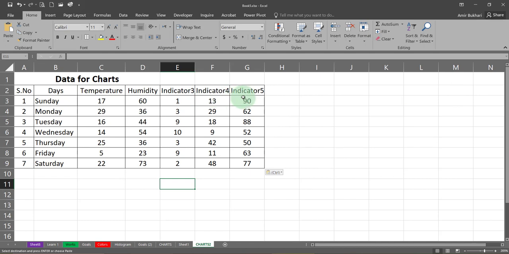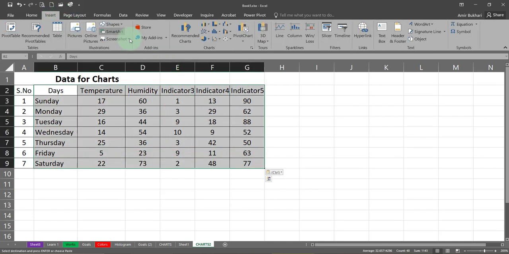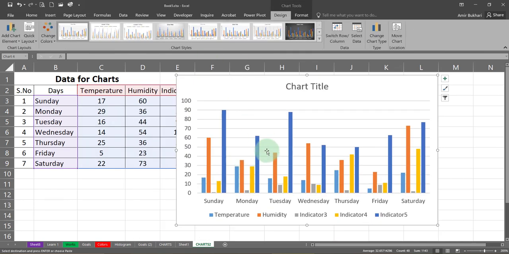Now for example, here we have three more different types of data. So now we select all of them and create the chart. It has become really very complicated. It's not easy to understand what all this is explaining in fact. So it is better to have fewer values.